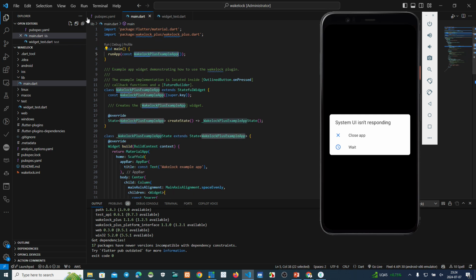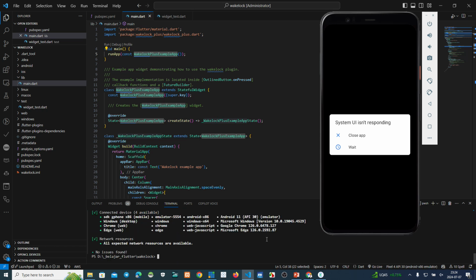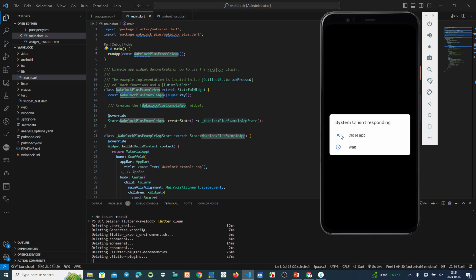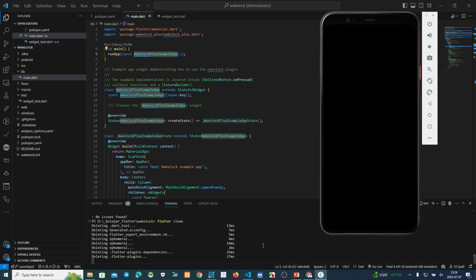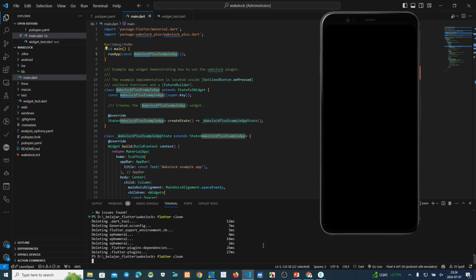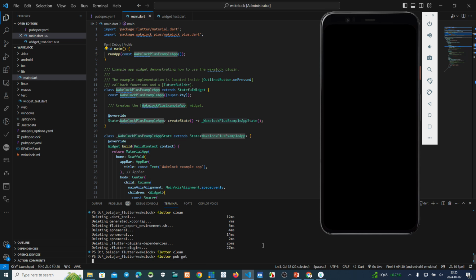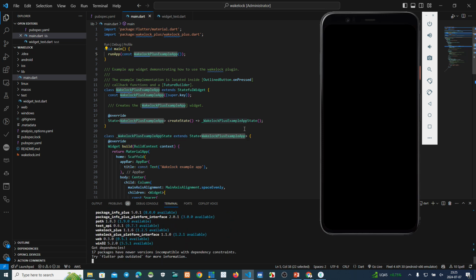Okay, now we try to run this script first. Clean first, and then pub get. We get all these dependencies from the Flutter server.